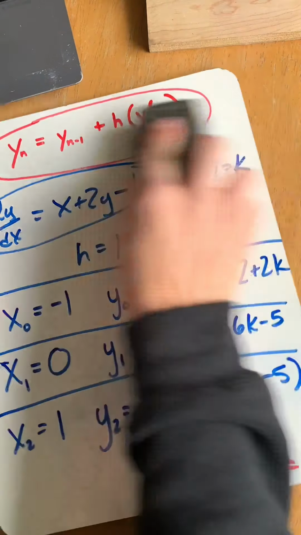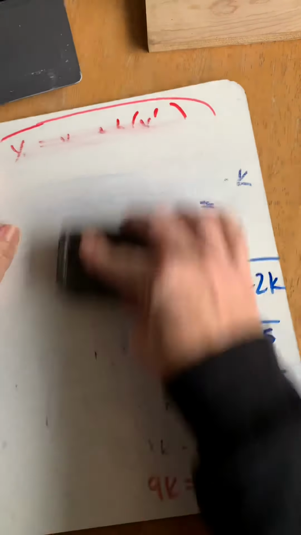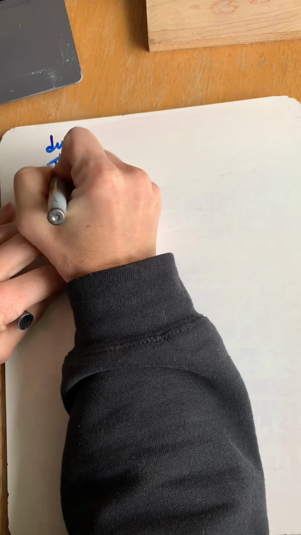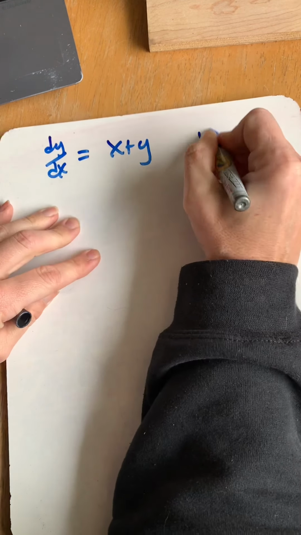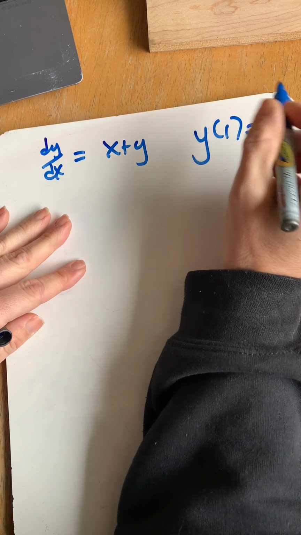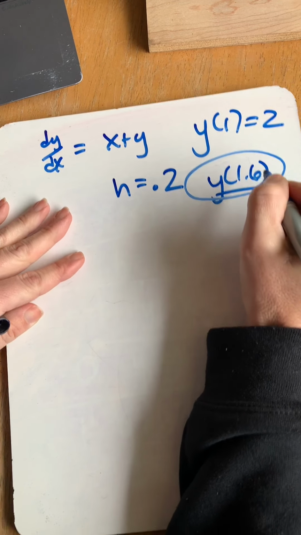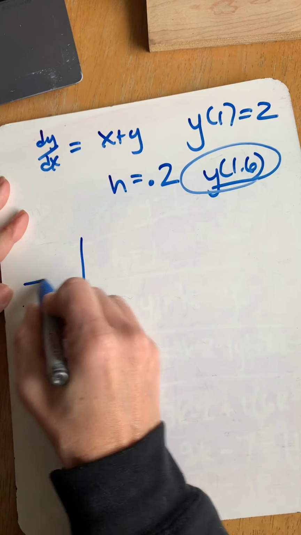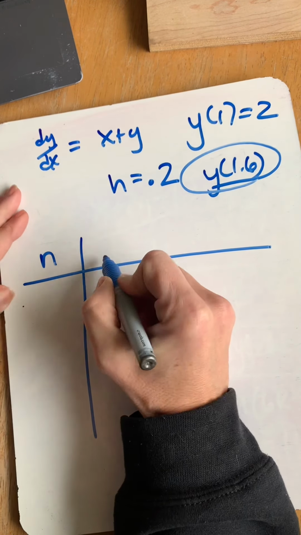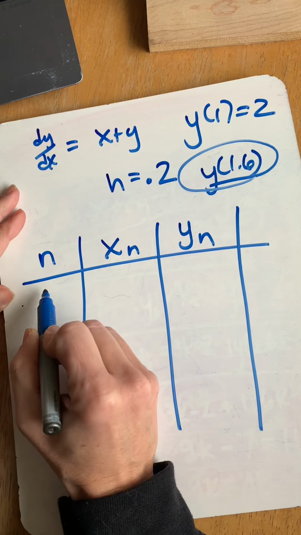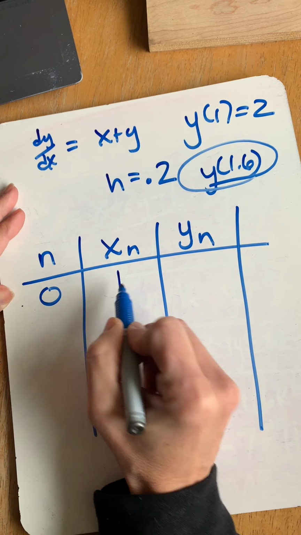All right, last one, they have the table for me that they want you to fill out. Okay, dy/dx is x plus y, y of 1 equals 2, step size is 0.2, and we're trying to get to 1.6 on the x. So they're going to want us to fill out this table. n, x sub n, y sub n. They start with 0, 1, 2,